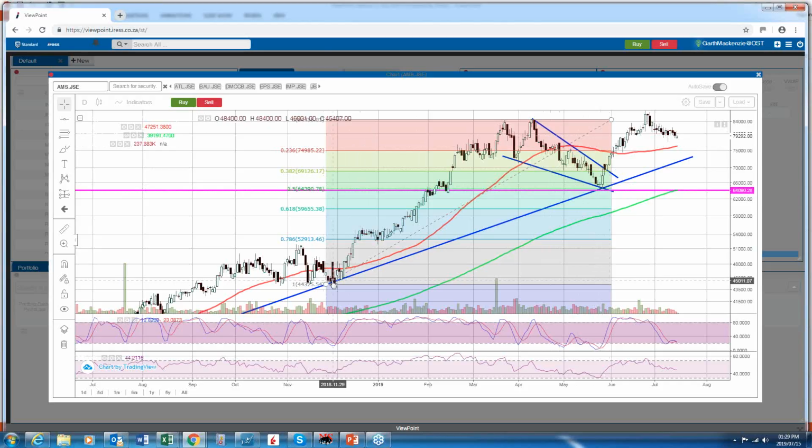So the rally from late December until April, it gave back essentially 50% of that rally, and it stopped exactly at that point, and then it began to bounce again. So it's quite interesting to note how these Fibonacci retracements do come in, and they can be quite handy to use in your analysis. If you do start to see something like what we saw there, where you've got a